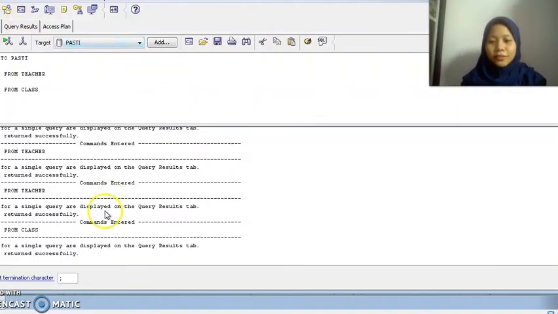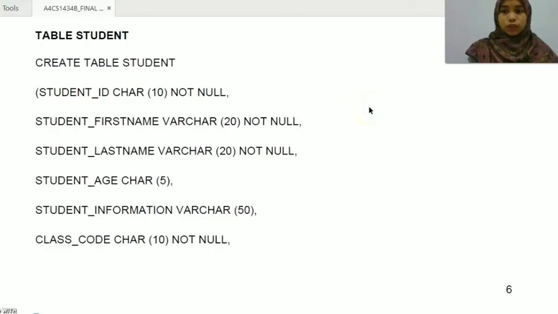Okay, that's all. For table student, there are 6 attributes, which are student ID, student first name, student last name, student age, student information, and class code. For student information, if the student has a disease or allergy, the teacher will be alerted to it. So to create table student, the command is create table student in bracket student ID char